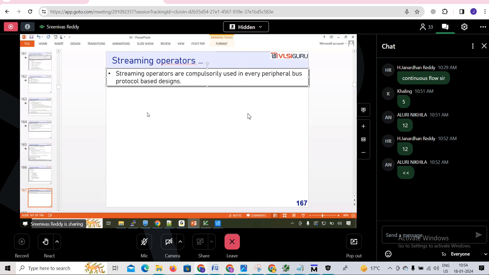Peripheral bus protocol means what? Everything you see on the outside of the laptop is a peripheral protocol. HDMI. In my laptop also streaming is happening, because when I'm playing this,